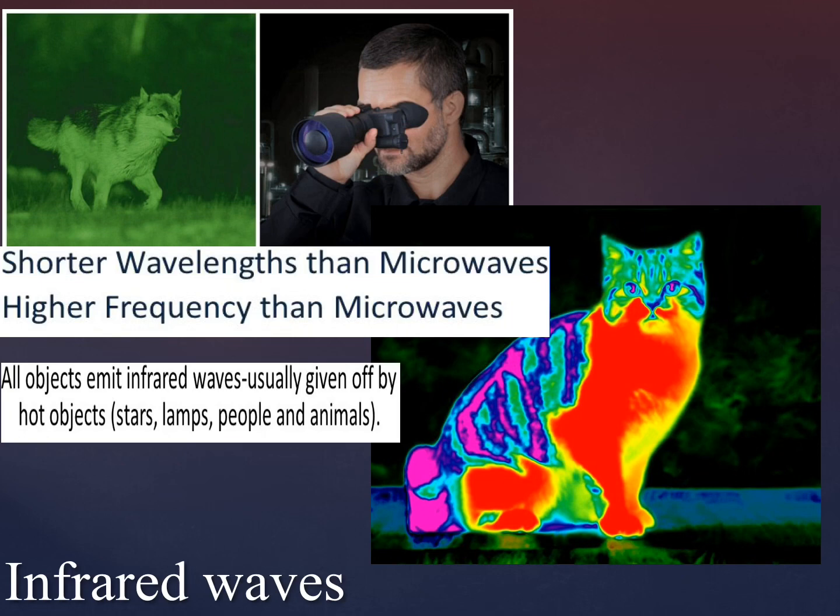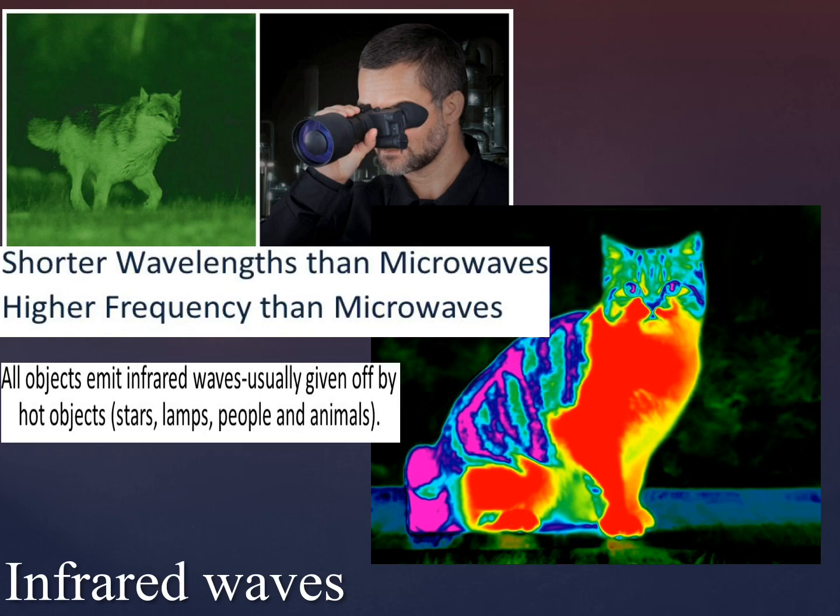Though we will have to say that the sun is not the only source of infrared waves. Everything around you gives off infrared waves, including buildings and basically everything. The amount of infrared waves an object gives off depends on the object's temperature. If we compare a warm, hot object to a cool object, the warm object gives more infrared.